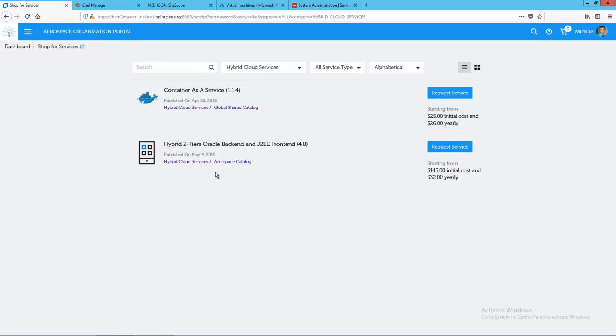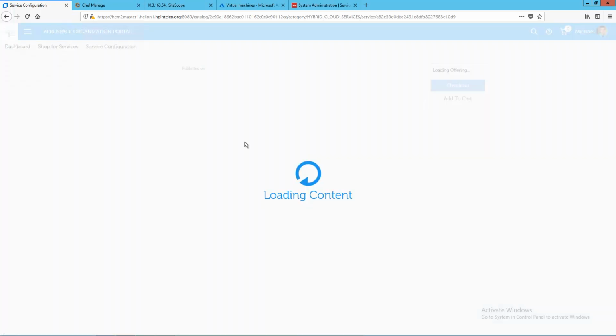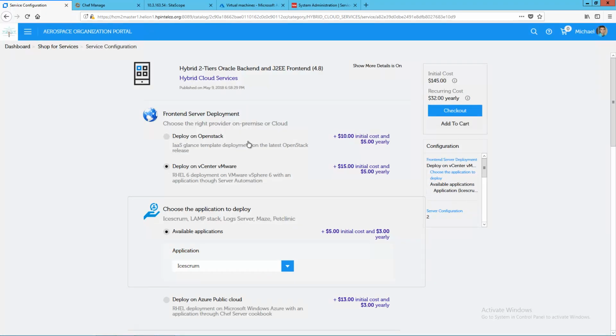As you can see on the screen, we can see an initial cost and recurring cost you can expose to the end user. As the end user QA, I will just have to click on my offering and I will be able to select the different inputs required to provision on the fly the service. All you will see is completely customizable, so you can decide what you want to offer as an input for your end user. It could be something very technical or something very simple like functional input.